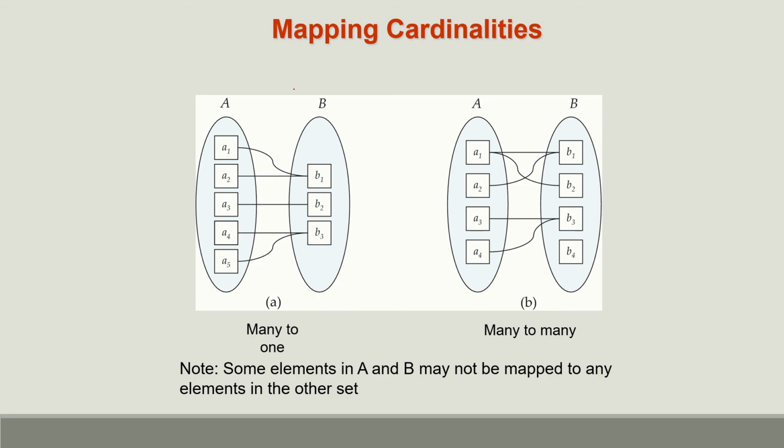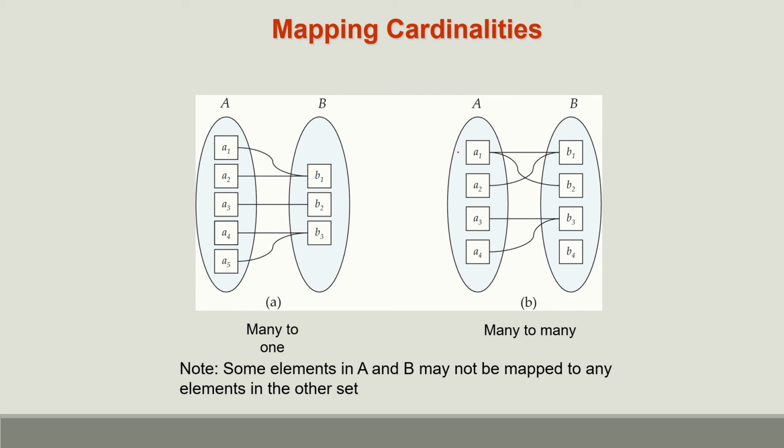So this is the meaning of many to 1. Many entities are associated with 1. In the case of B, it may have a minimum of 1 entity, so an association must be there. This is 1 to many. If you take any one here, many, it is associated with many. That is 0 or more is okay.